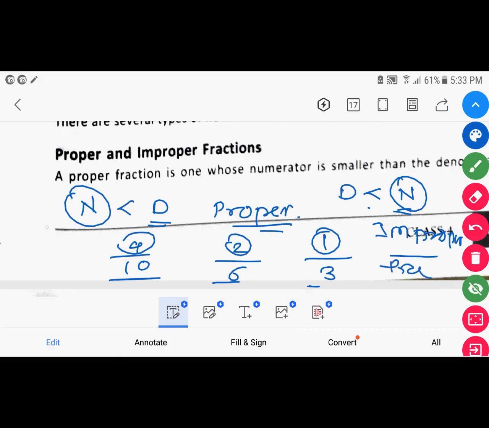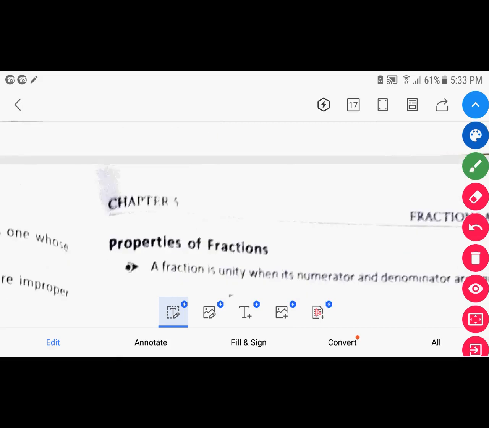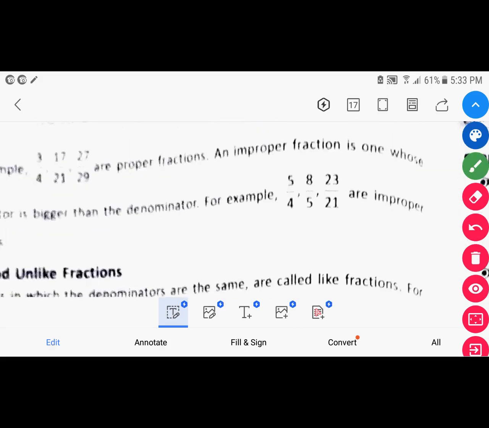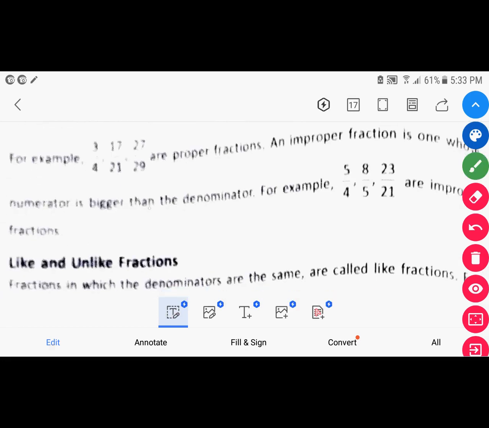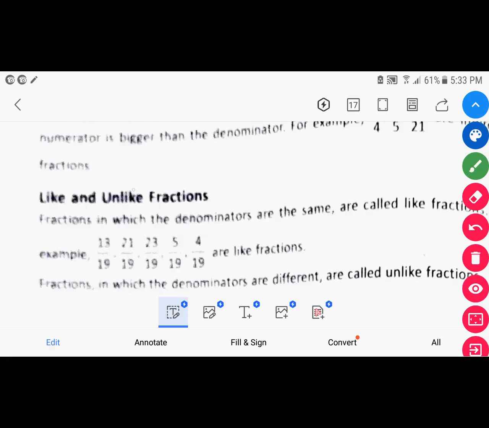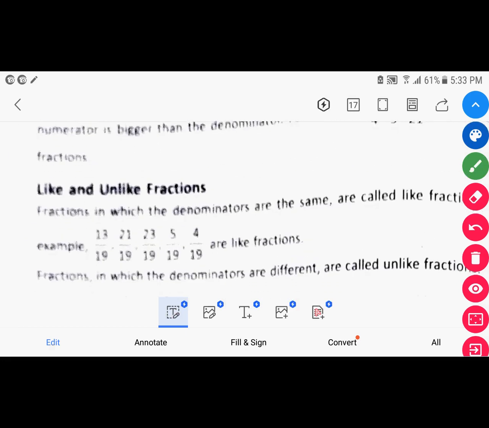Okay. For example, reverse of it you can assume. That is the thing given here. 5/4, 8/5, 23/21 are the examples of improper fraction because the numerator is bigger than the denominator. Now the next